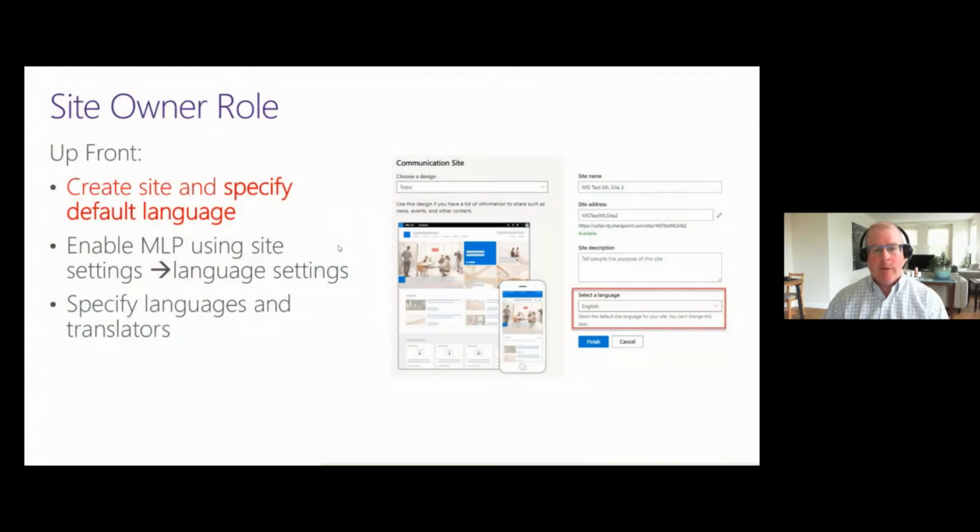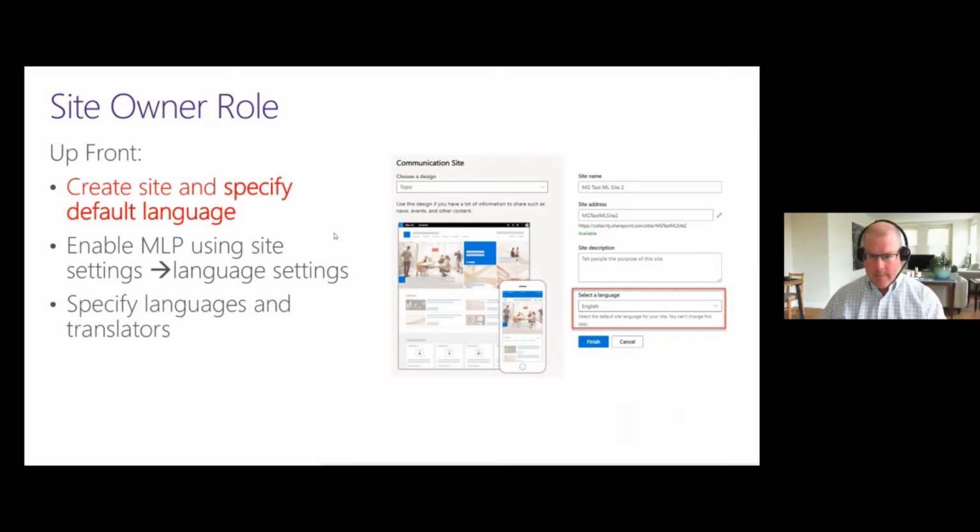The first and most critical thing I need to do from the new site creation dialog, creating a new communication site, is specify a default language. In our case, English was the default language. In a lot of cases, we have a significant presence in Japan at the company that I'm working at. And it probably makes sense if you're creating a communication site in Japan to have that default language be Japanese,